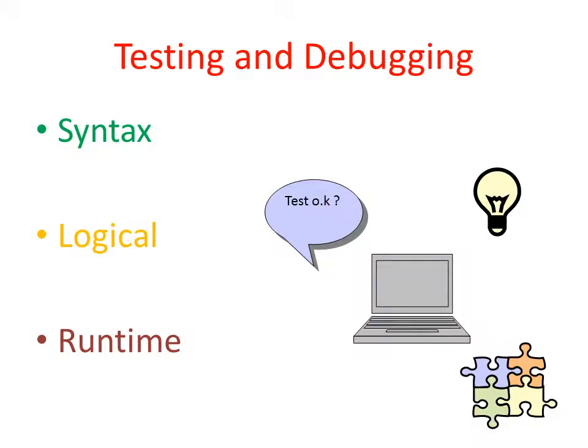Once the implementation is over, we have to test our code. Sometimes errors may occur. The syntactical errors occur due to poor knowledge of the programming language, and the logical errors occur due to poor understanding of the problem description. Other than these two, sometimes a runtime error may also occur. We have to solve it using a suitable exception handling methodology. All this process is considered as debugging. So we have to correct the errors in our code. Then once the test is okay, we can tell our code is ready for use.